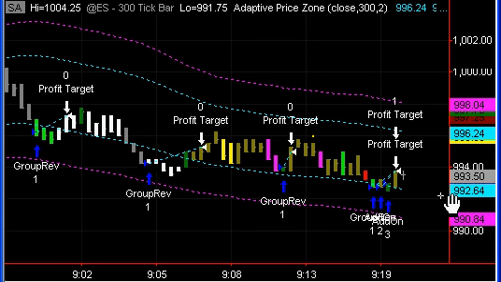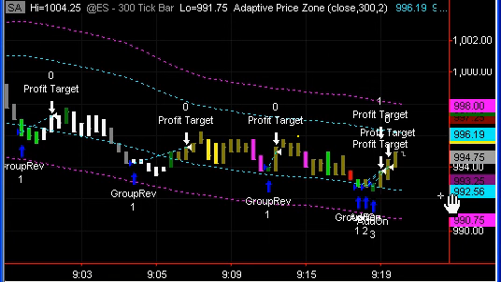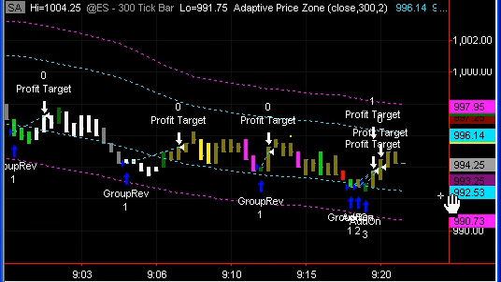TradeStation has an inherent problem in handling limit orders. Any of you that are familiar with EasyLanguage, you're familiar with the problem that TradeStation has in handling multiple orders and using limit orders on top of that. So to get around that, it looks like what we will do is just let the strategy manage the trade without it actually physically entering a stop. Instead, it knows what the stop limit is and will simply execute a market order when that stop limit is reached. It's perhaps not quite as